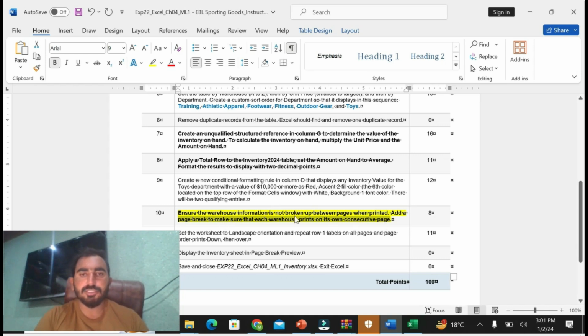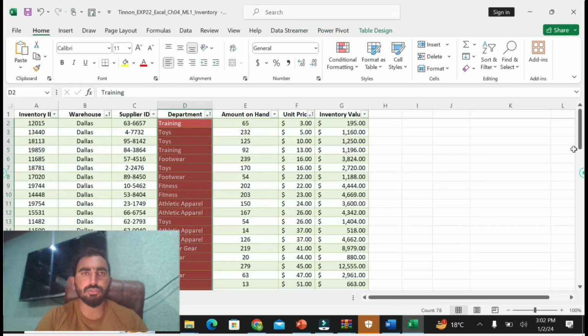Ensure the warehouse information is not broken up between the pages when printed. Add the page break. Now I am going to add the page break.